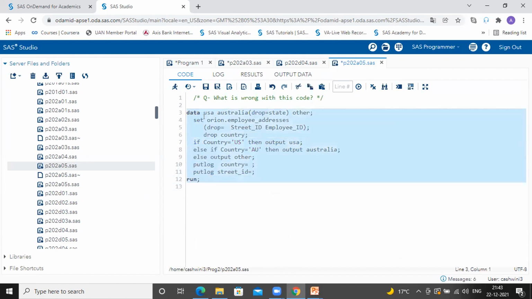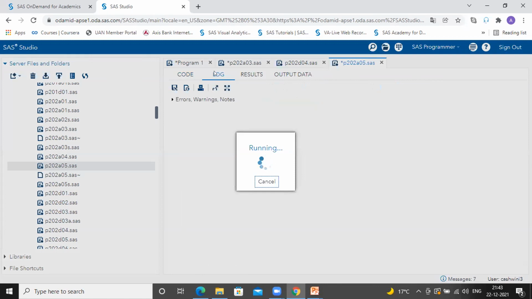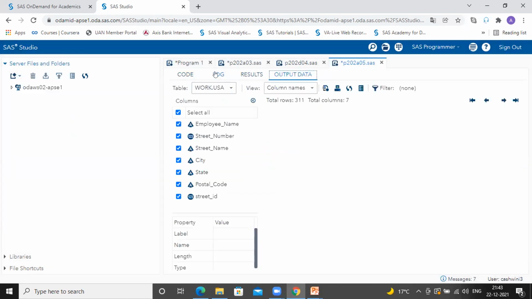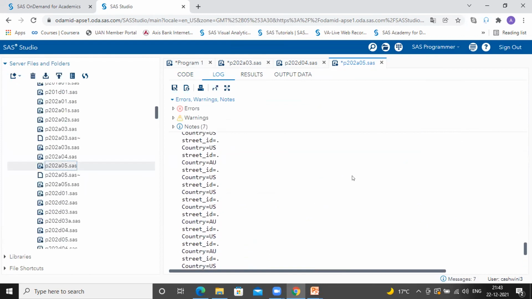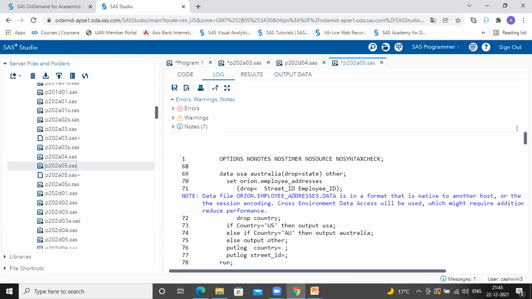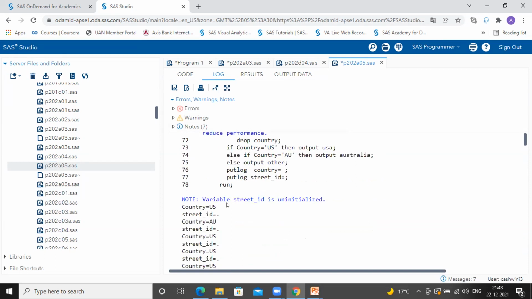If you want to check only individual variables, you can always check those individual variables in this form in the log, and whenever that variable is getting processed, you'll be able to see it.